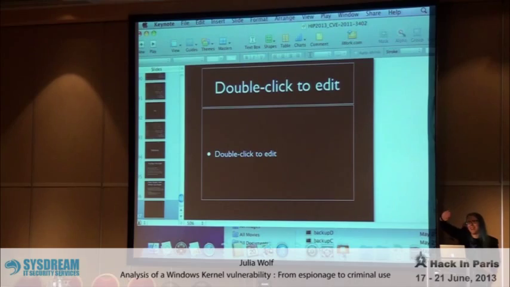Did you share the annotated IDA file? Possibly. It's not that interesting, but I could probably. I have to figure out where I left it. It's on a VM somewhere, but I could probably do that. I didn't actually write a lot of stuff into it. So the question was if I could share the annotated IDA file, but it's not very annotated. But I can see what it is.